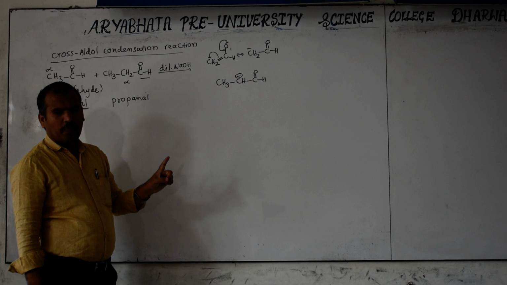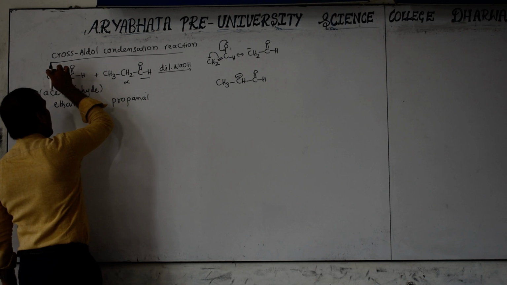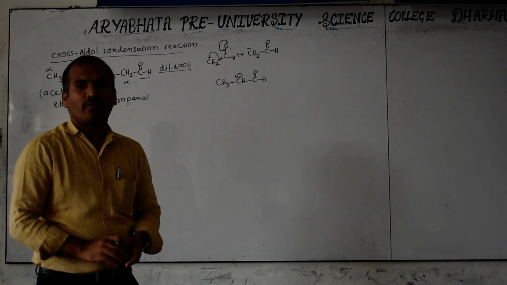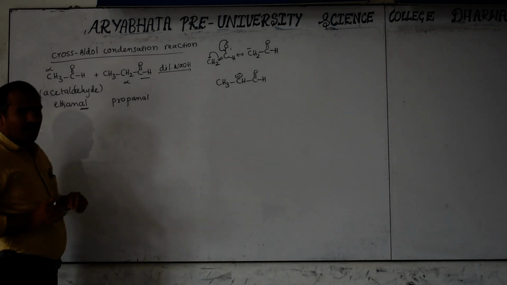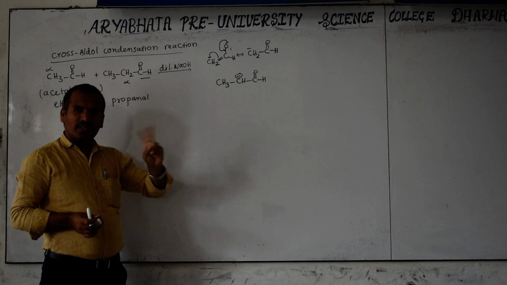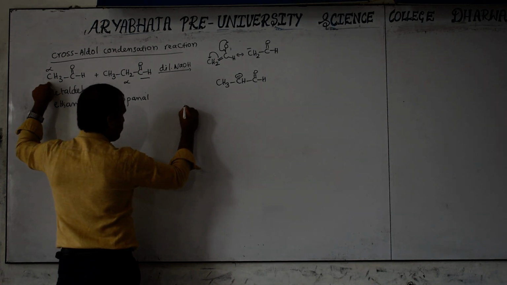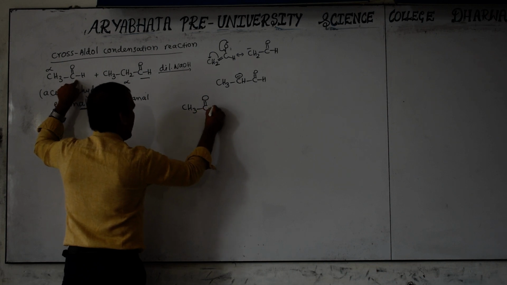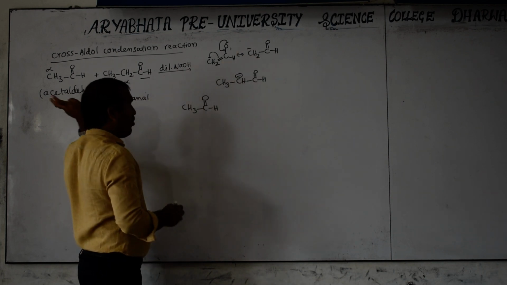Two possibilities are there. Now carefully observe how many products are possible. Here 6.023 into 10 power 23 molecules are present, the Avogadro number of molecules. With so many molecules, it can undergo self-condensation. Whatever we discussed in the last class is self-condensation, or self-aldol reaction, where the same molecule participates 2 times. So now carefully observe, CH3 C double bond OH, if its carbanion forms, the same molecule's carbanion may form.